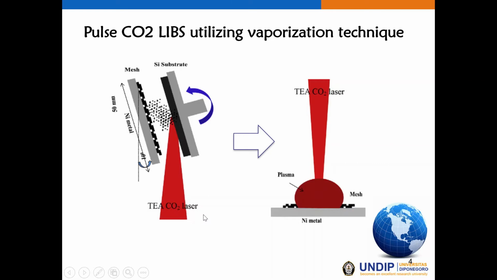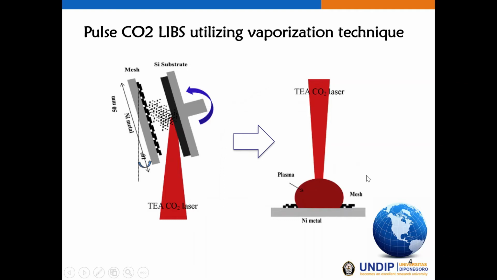Why should we defocus the pulsed CO2 laser? Because we will not make ablation on the silicon substrate itself. We will only vaporize impurity or trace metal elements deposited on the silicon substrate. By defocusing by plus 5 millimeters onto the silicon substrate, the impurity and trace metal elements vaporize and finally attach on the platinum metal mesh. In the second step, we make acquisition